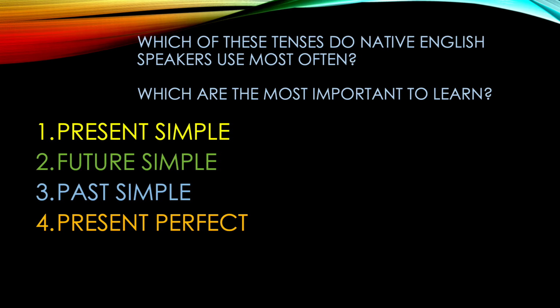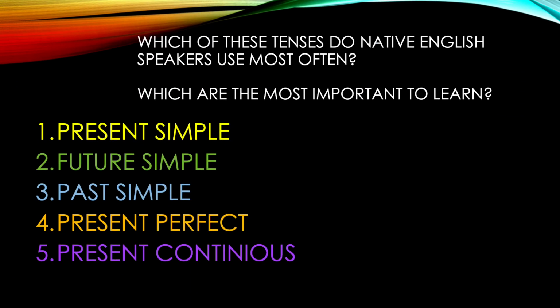And finally, on tenses that we use most often, I'm going to include the present continuous, because we use it not so much for what's happening now, although we do use it in that way, but we use it for a planned event. So that makes 5 tenses, subtenses, which I consider the most important, the most commonly used.